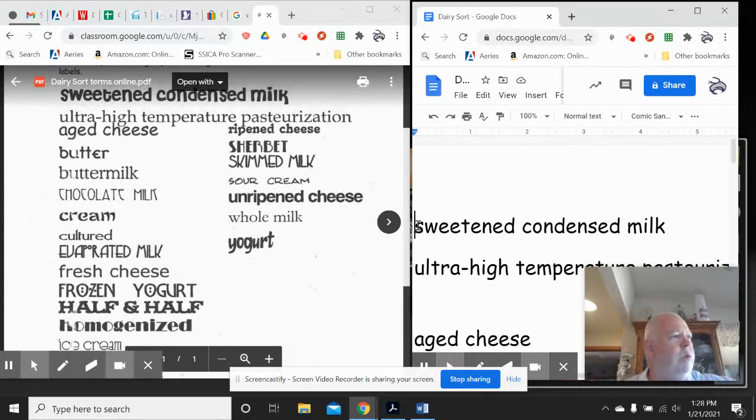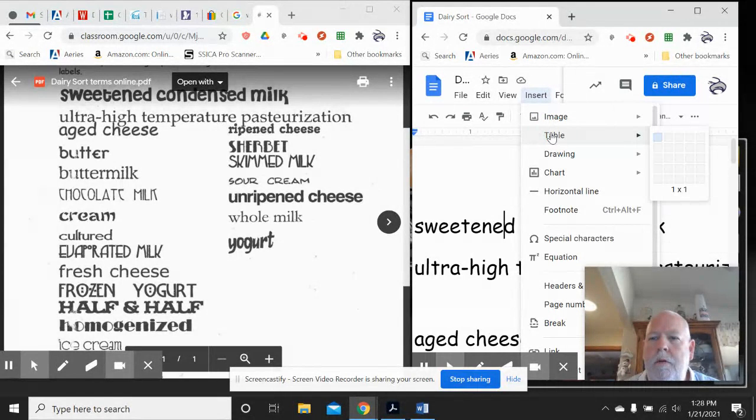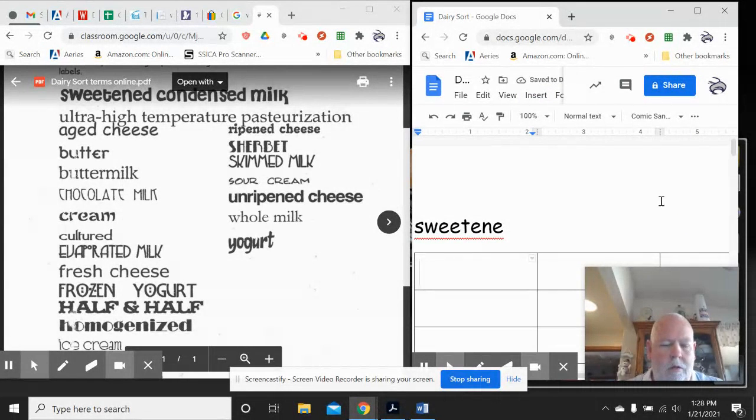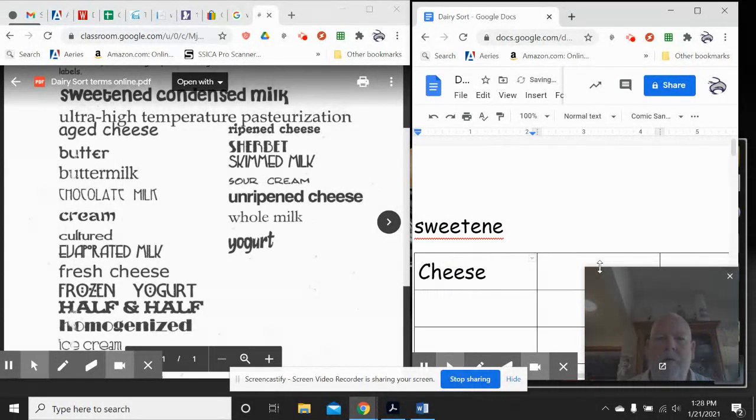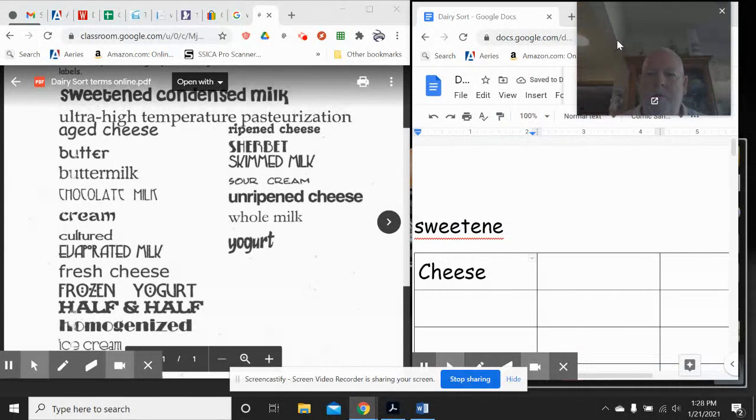You know what somebody else did, I thought it was a pretty good idea, is they made a table. So I'm going to go ahead and make a table. So I'm going to insert a table with 3 columns. Let's start there. All right. So first category I'm going to call cheese. Now you don't have to do a table, but it seemed like a pretty organized way to do it, if you ask me. All right. So under cheese,